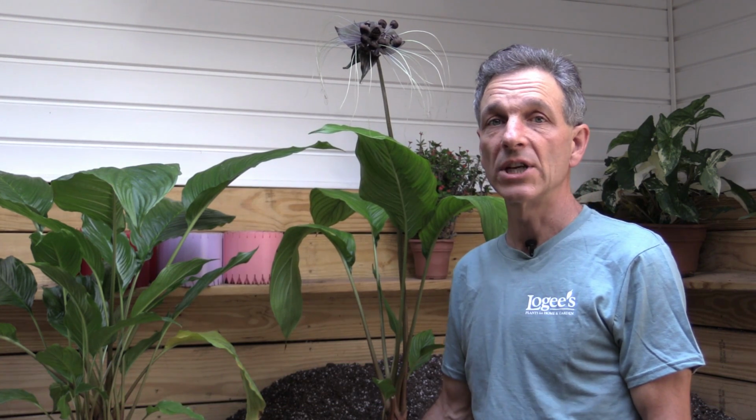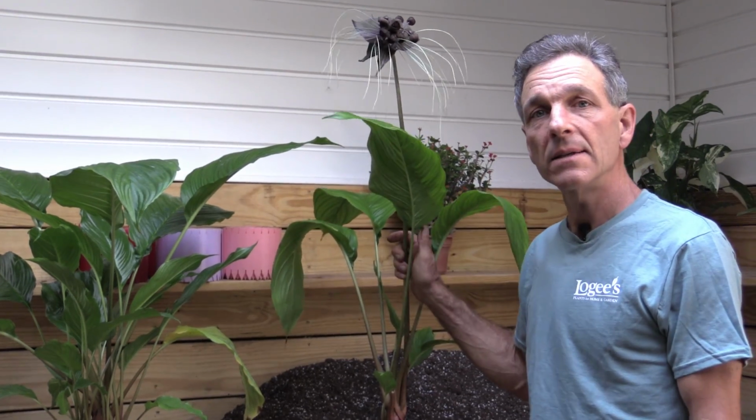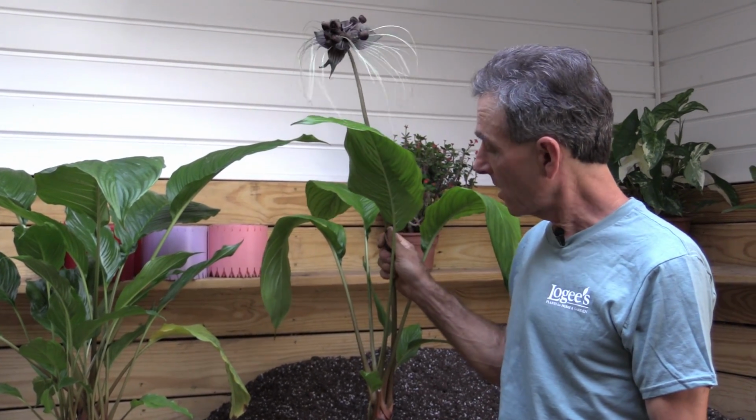Hi, my name's Byron Martin here at Logie's Greenhouses, and today we're going to be talking about the bat flower, or Tacca chantrieri. This is a native of Thailand, and in terms of its culture, we need to look at